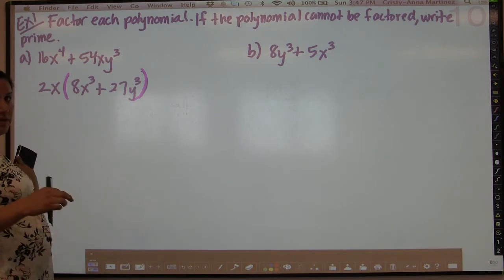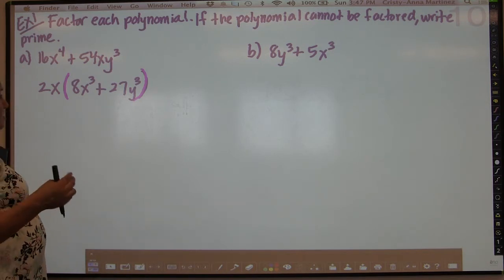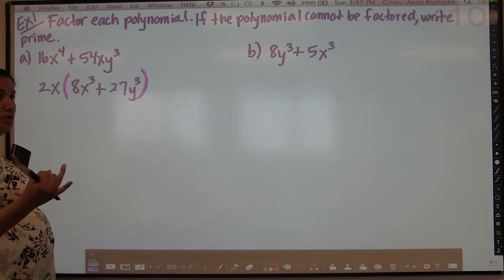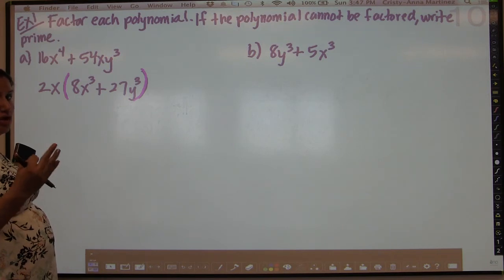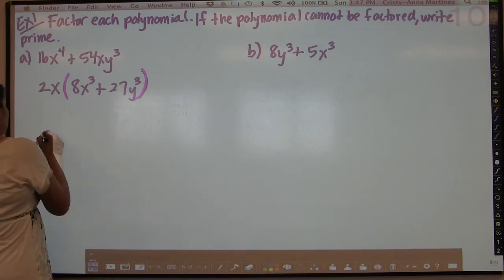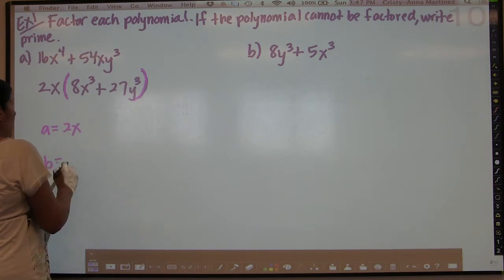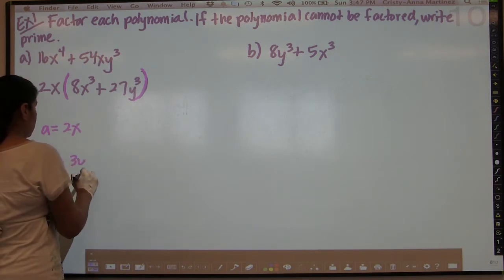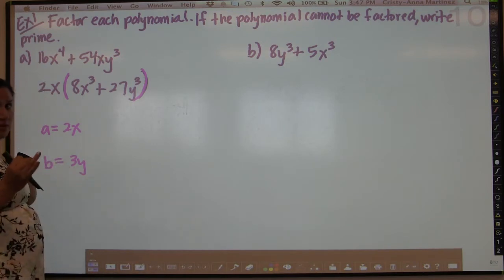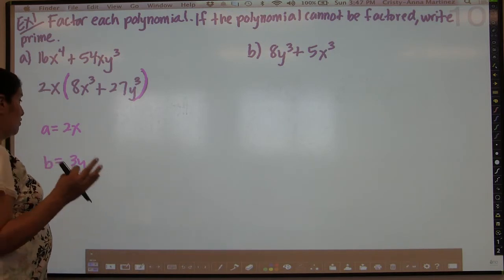Perhaps you're not aware of them, but 8 is a very common perfect cube, and so is 27. 2 times 2 is 4, and 4 times 2 is 8, so 2 to the 3rd power. So I'm going to say that a equals 2x, and b is going to be 3y. And that's because 3 times 3 is 9, and 9 times 3 is 27, so 3 to the 3rd power